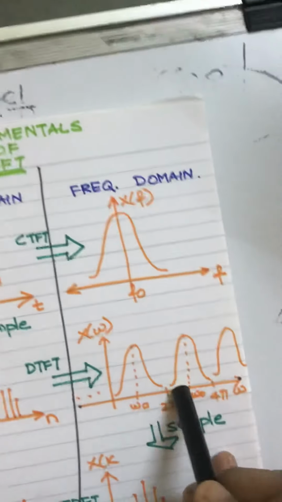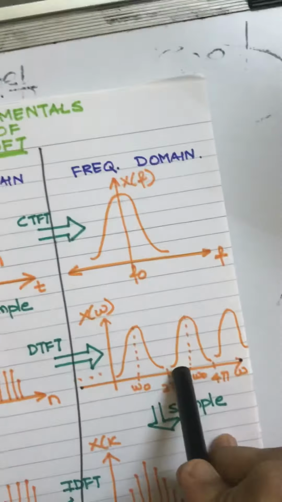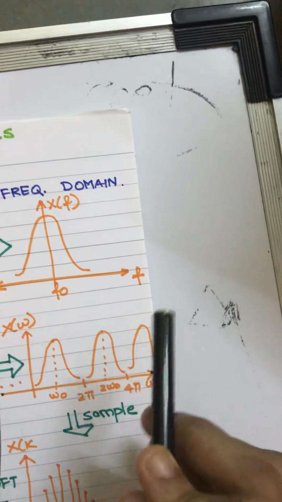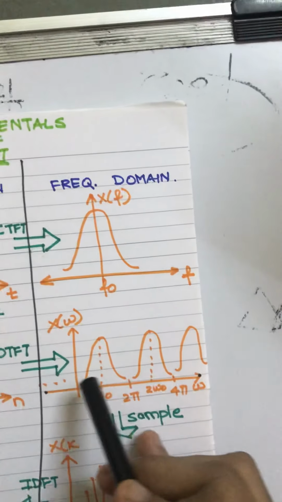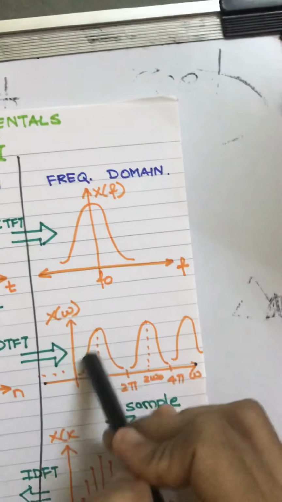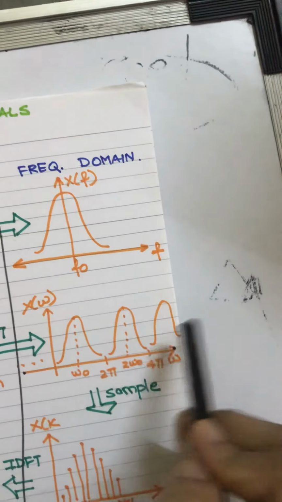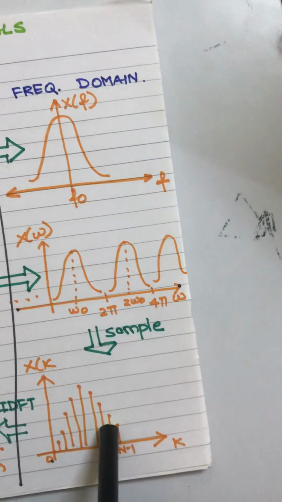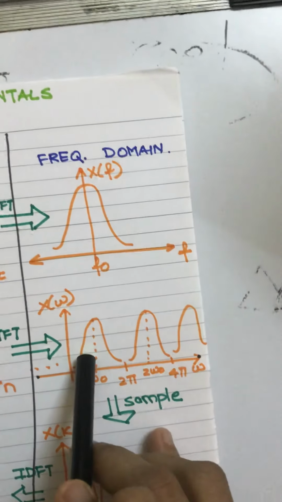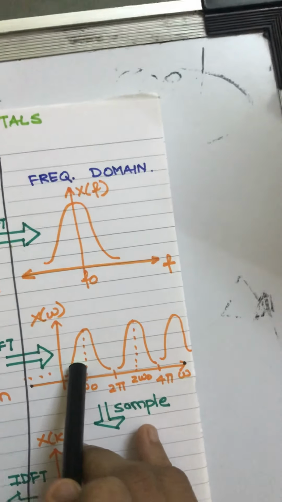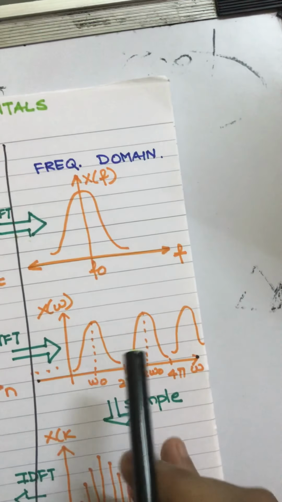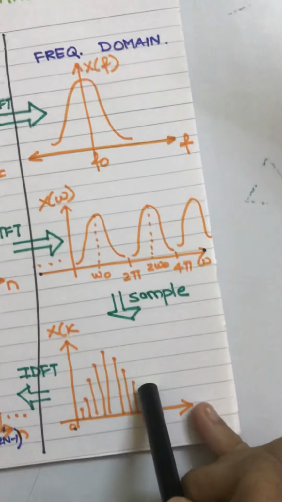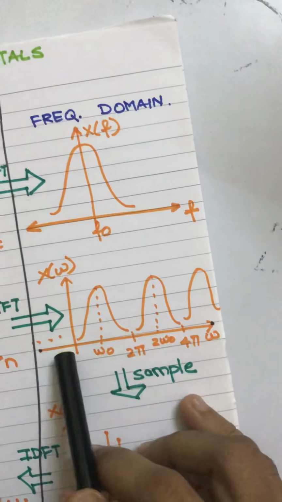And when I convert this into the frequency domain, sampling in one domain will result in creating images in the counter domain, which is the frequency domain. So the image of the original spectrum is created after every 2 pi. Clear? Then we sample it again. Why do we need to sample? Because omega is a continuous variable. It is much easier to work with a discrete variable. So we sample it. How many samples do we take in the range from 0 to 2 pi?